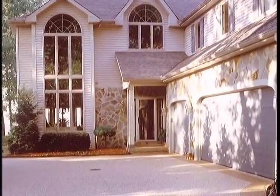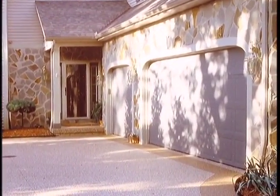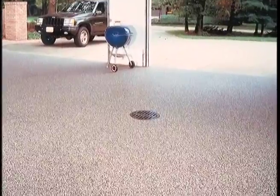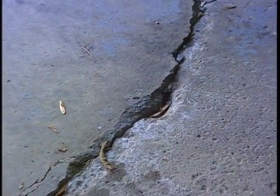Your garage is an extension of your home and often your main entrance. It's where many people get the first impression of your home, so you want it to be attractive. Enhancing your home today includes your garage, and that means Naturestone. Over time, your concrete floor will crack, become pitted, and deteriorate. Oil leaks leave stains. Snow, ice, mud, and leaves get tracked into the garage and sometimes into the house as well. Other flooring alternatives like paint and coatings don't hold up any better than the concrete, and they don't eliminate